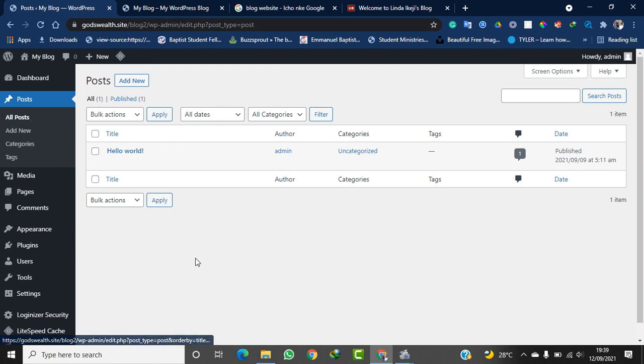So if you're having 1,000 posts, this is where you can easily manage all your posts. And if you want to add a new post, this is where you can easily manage it. Now if your posts are different,